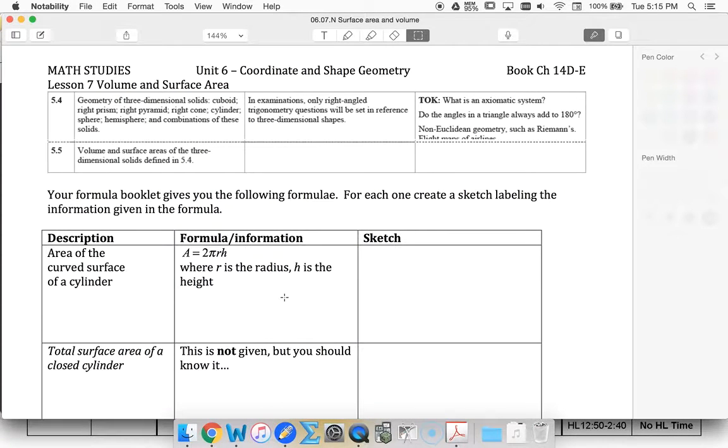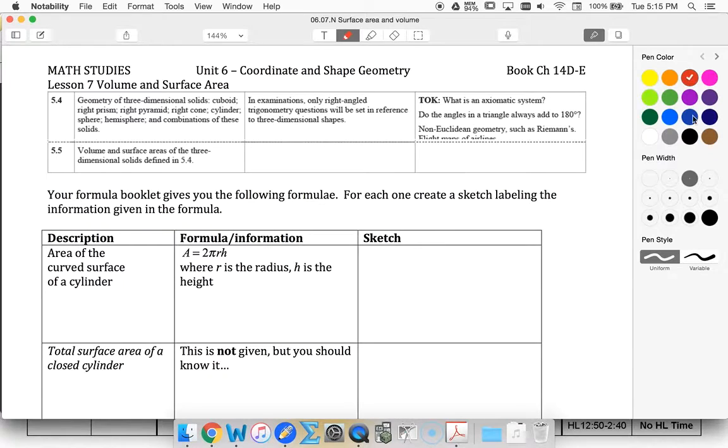So if we look at our notes, we start with the area of the curved surface of a cylinder. So if I think about a cylinder, basically a cylinder is a circle which is in 2D that has then been stretched into 3D. So it looks something like this. So if we're talking about the curved area of the cylinder, we're talking about the stuff that, if we think about this being covered with wrapping paper, if we unwrapped it, we're thinking about this part is the curved area that goes around. So the total area of a cylinder,